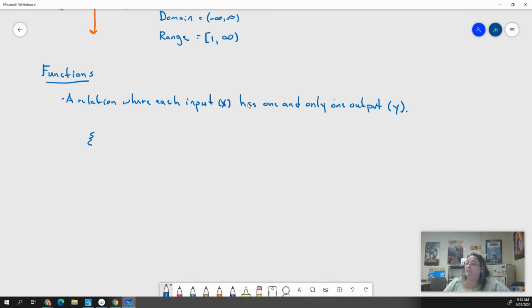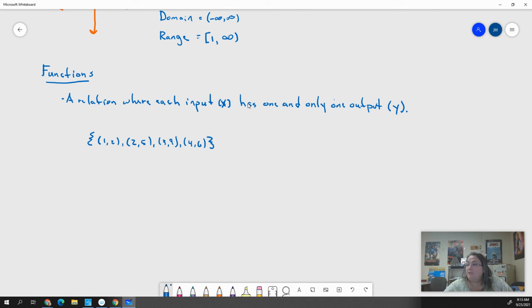Say I have a set of points, and we'd be like 1, 2, 2, 5, 3, 9, 4, 6. You can tell if a set of ordered pairs is a function by looking at your x values,